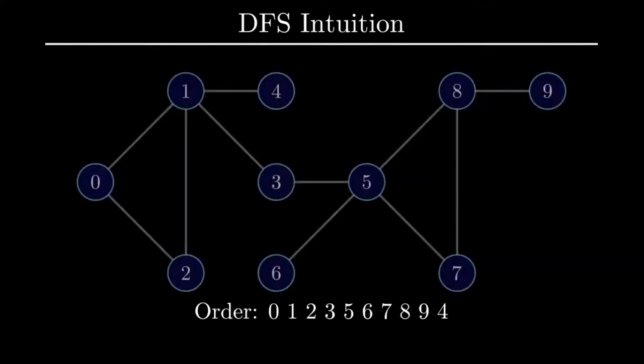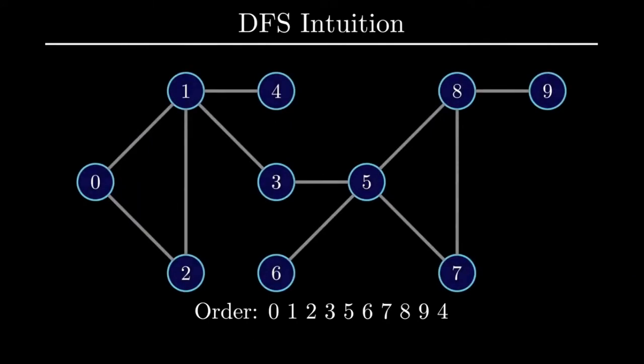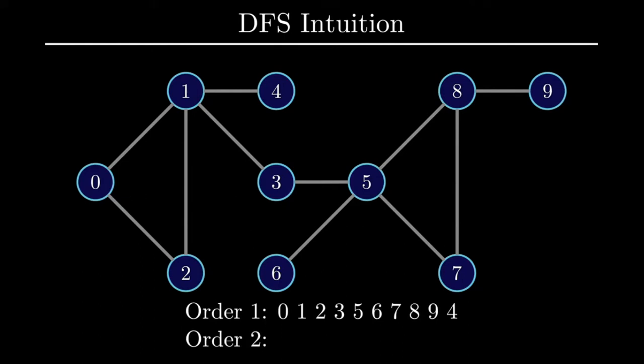It's worth noting that there are actually several valid depth first search orderings for this graph. Let's go through one more valid ordering as an example and also as further familiarization and practice with the core idea behind DFS. We can generate another ordering by just changing up the choices of vertices to explore whenever we have a choice while sticking to the core philosophy. Let's start again at vertex 0, but now when we have a choice between choosing vertex 1 or vertex 2 as the next node to explore, let's pick vertex 2. Last time we went through this, if you remember, we picked vertex 1.